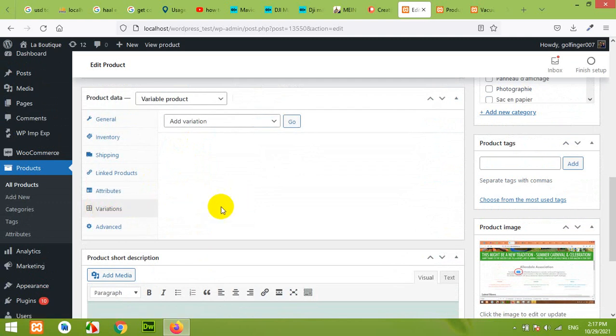In the variations, we have 4 values for size and 2 values for colors, which means there will be 2 multiplied by 4, 8 variations, because each size will be combined with each color. Let's say add variations and choose this option, create variations from all attributes.